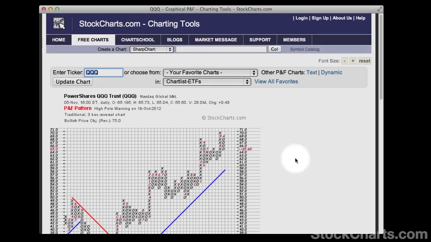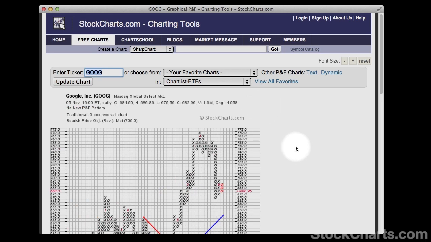Now I'm going to go to a live chart, and you can add another point and figure chart or change that chart by entering a symbol in the top box to the left here. I'm going to enter Google, and I'm going to click Update the Chart. So now I have a Google chart,